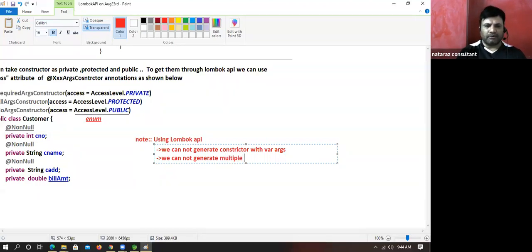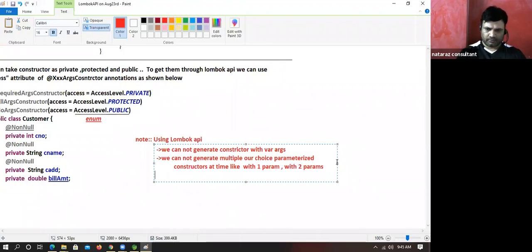Next, we cannot generate multiple parameterized constructors of our choice at a time, like with one param, with two params, with three params at a time.